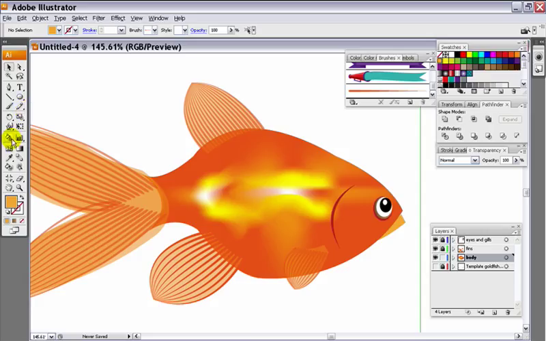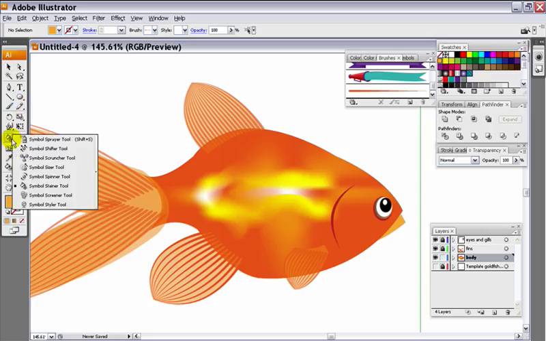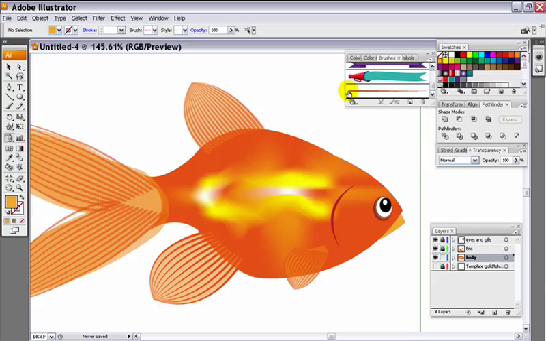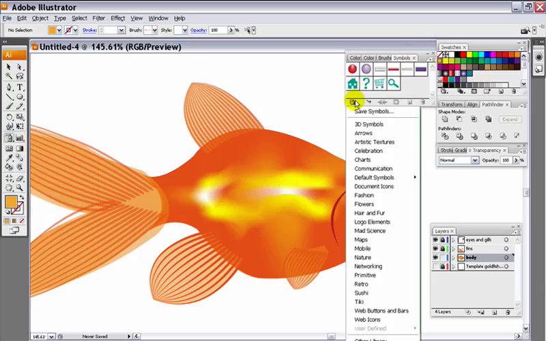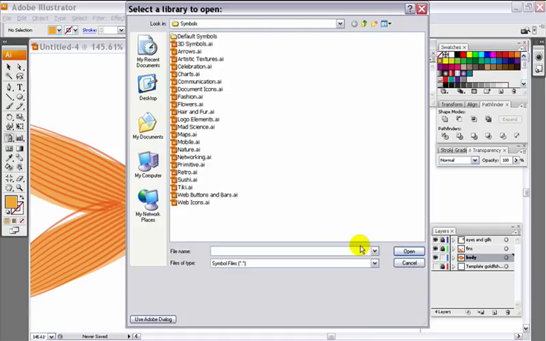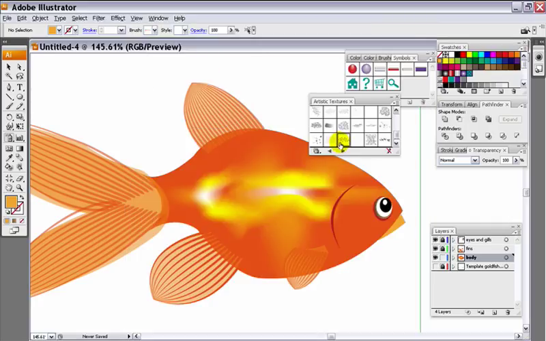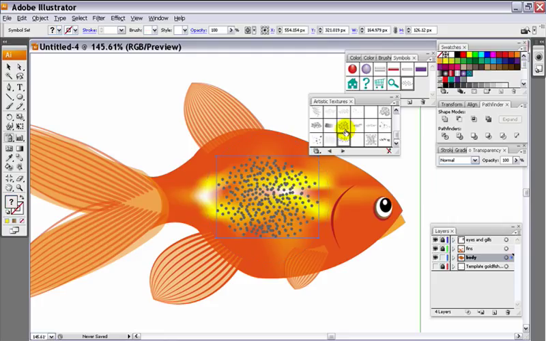The last thing we're going to do is do a symbol spray. And so I'm going to go here to my symbol sprayer tool, and I'm going to go to symbols, and I'm going to go right here to the bottom button of my symbols. I'm going to choose other library, and I'm going to use artistic textures, and I'm going to use what's called a stipple large. So yours is going to be up here somewhere, so just scroll down and use stipple large. Actually, I'm going to choose a yellow, and I'm just going to spray some of these on like so,